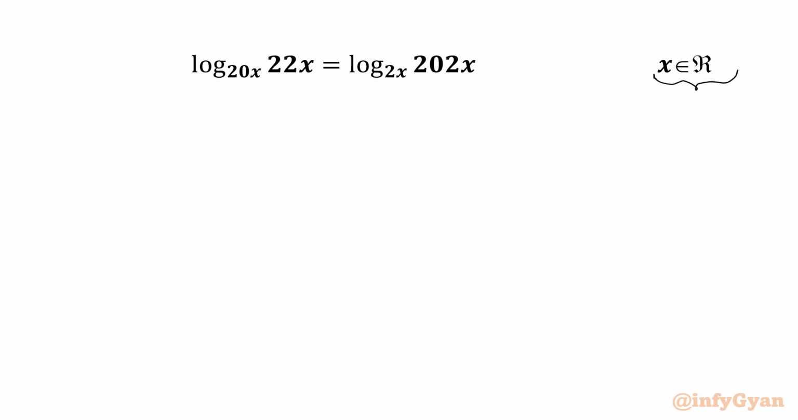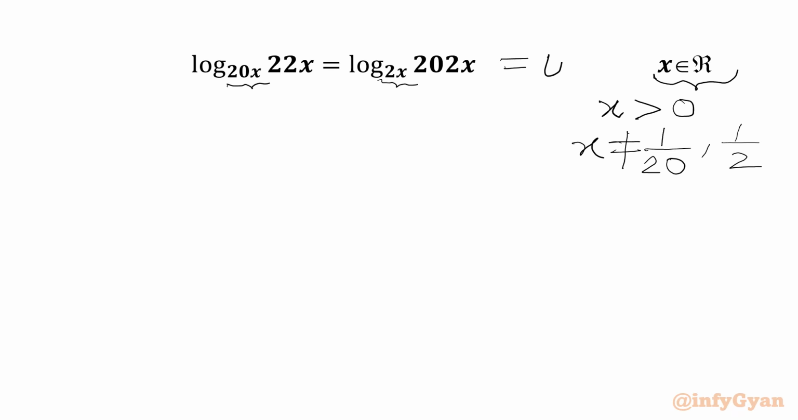So let's get started by writing: for x to be real, x must be positive. x cannot be negative, x cannot be 0. Now our bases cannot be equal to 1. So we can eliminate two x values, 1 over 20 and 1 over 2. Bases cannot be 1. Now I will equate our given equation with u and I will put these two equal,